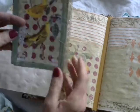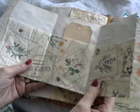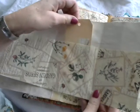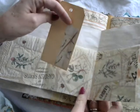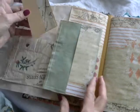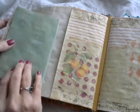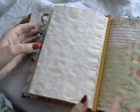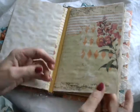pockets, and within that pocket we've got another folder which opens like that, and this is printed tissue paper, and we've got a luggage tag in there which has got some of the paper from the collection, and there's also another tuck spot there, and this has all been machine sewn, so that goes inside there. So that's the first signature, and this is the second one with some more of the gorgeous paper from the